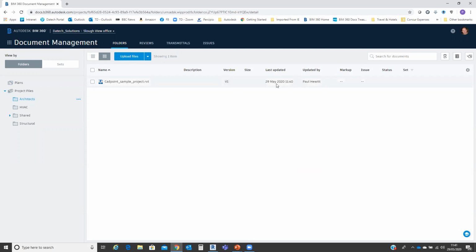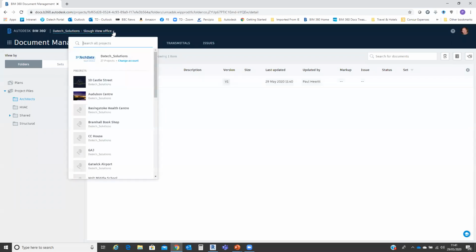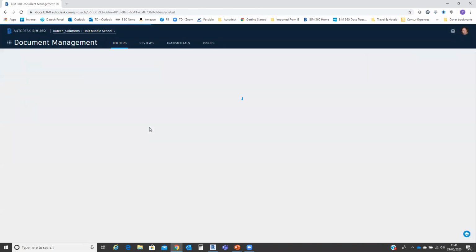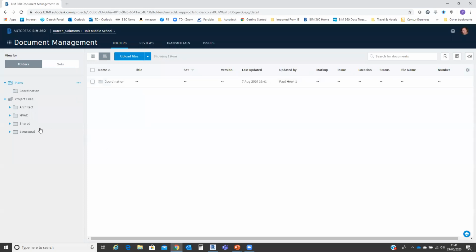I uploaded it on the 29th of May, and so on and so forth. So I could then view that at that particular point in time as well. The other thing we could do in this case is start to set up teams to be working on that particular model inside the design. Now, what I'm going to do here is switch to another project, purely because we've done that already. We've already set up our